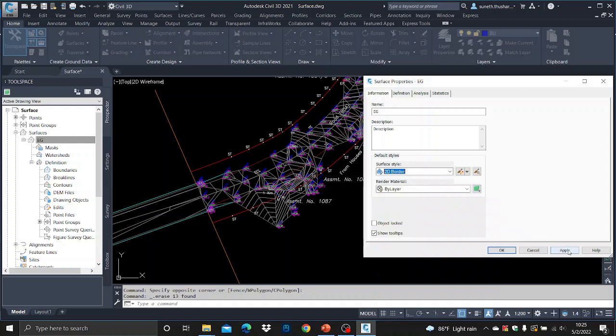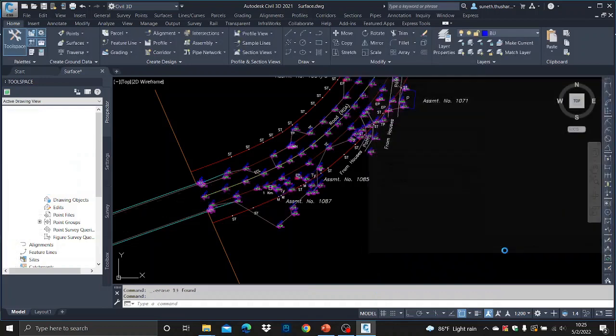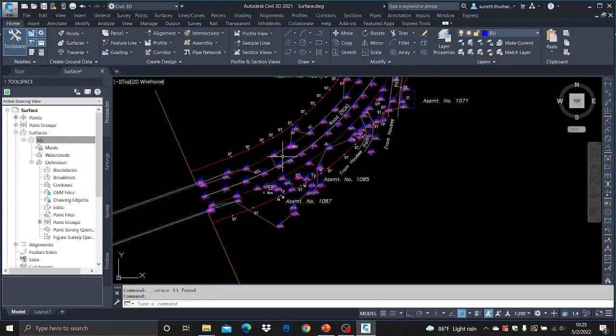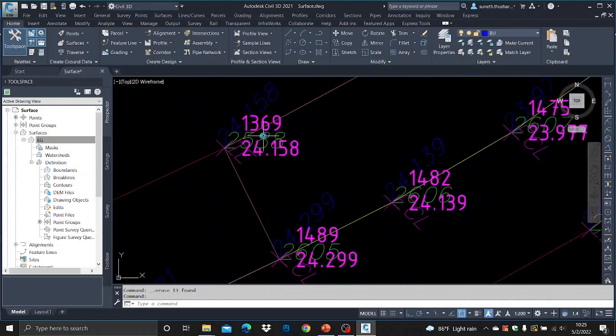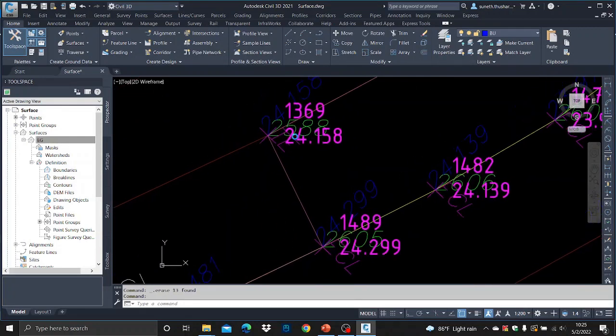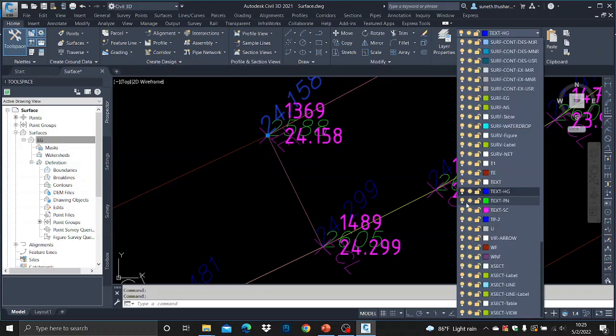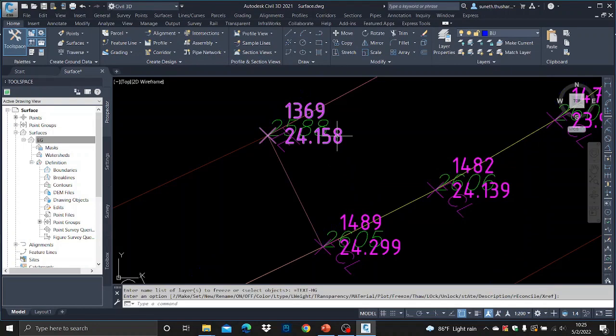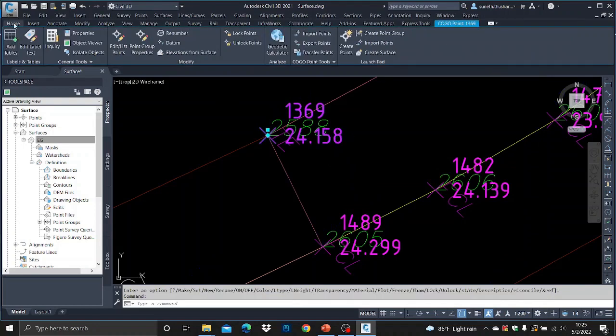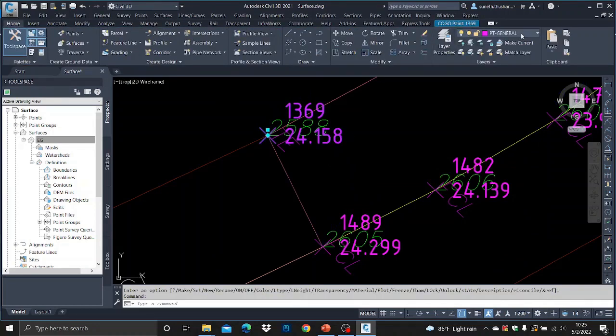Say 2D border or something. Now you don't see it, only the border. Now if you want, you see these are the points, because we don't want these points because we have already taken them from the Excel sheet. So you can just switch off the layers there for the clarity of the drawing. Okay, go to home, PT general,